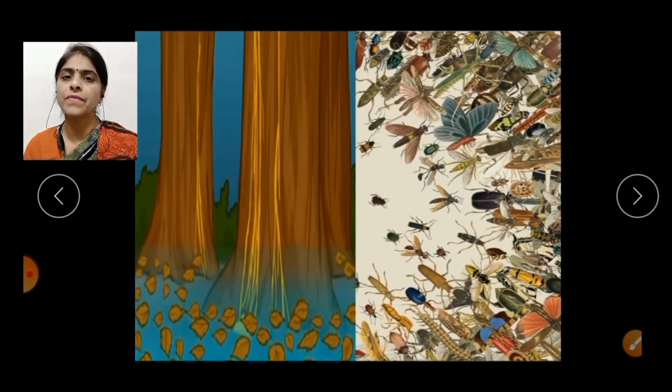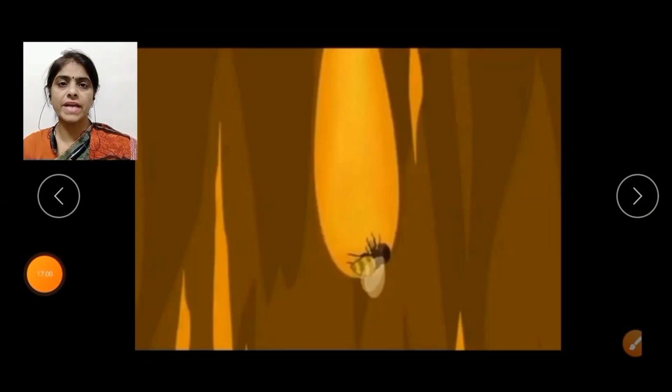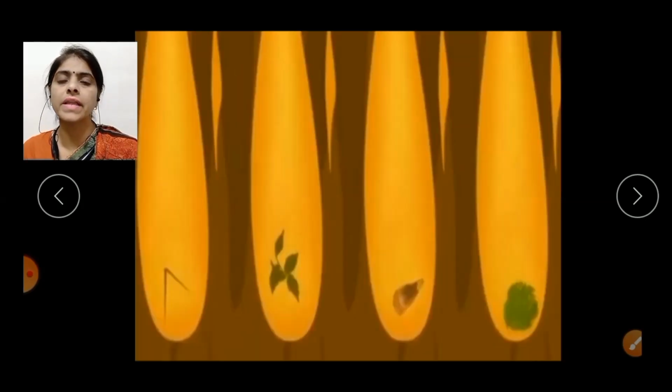As I told you in the previous para that the gum which was flowing down from the pine tree was full of pleasant smell and taste. Thousands of little insects were attracted towards it and settled on it. And as soon as they settled on it, however, they stuck fast and could not get away. In this slide you can see as the gum was very thick and sticky, once insects settled on that, they could not escape. And soon these yellow drops of gum surrounded them and covered them entirely.